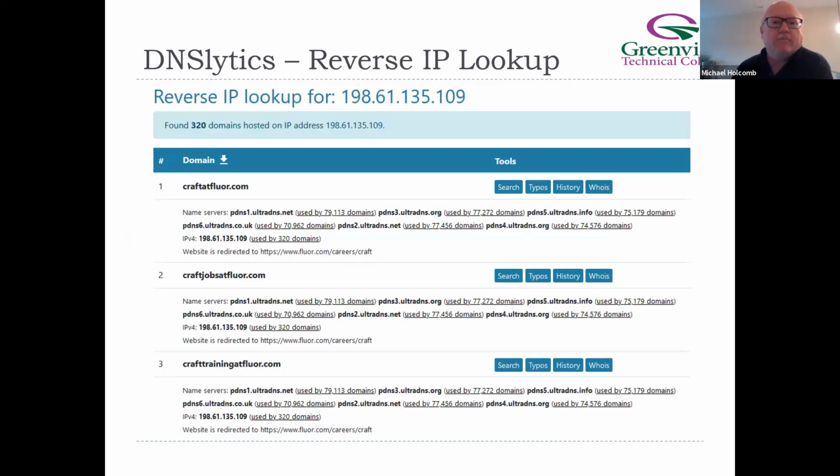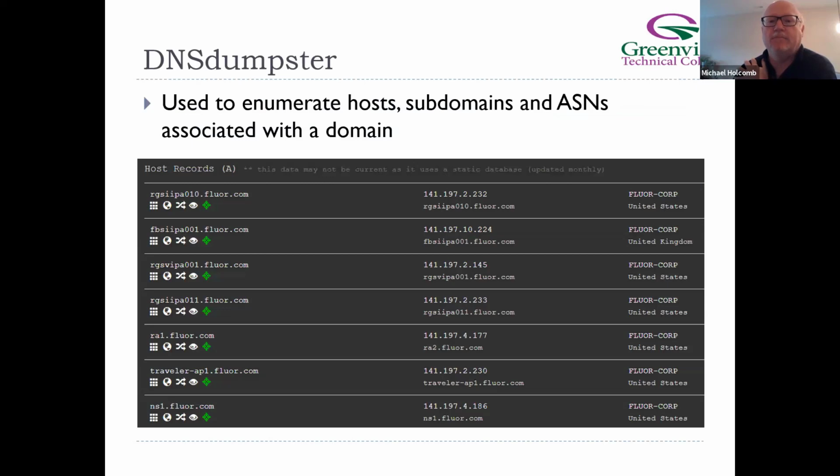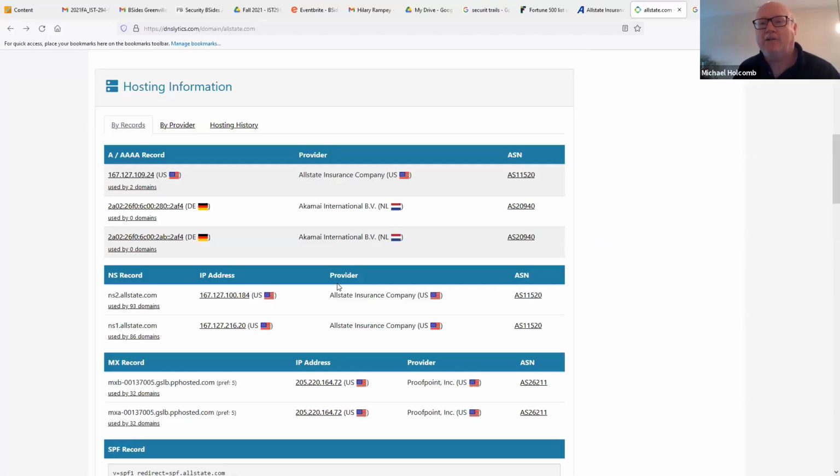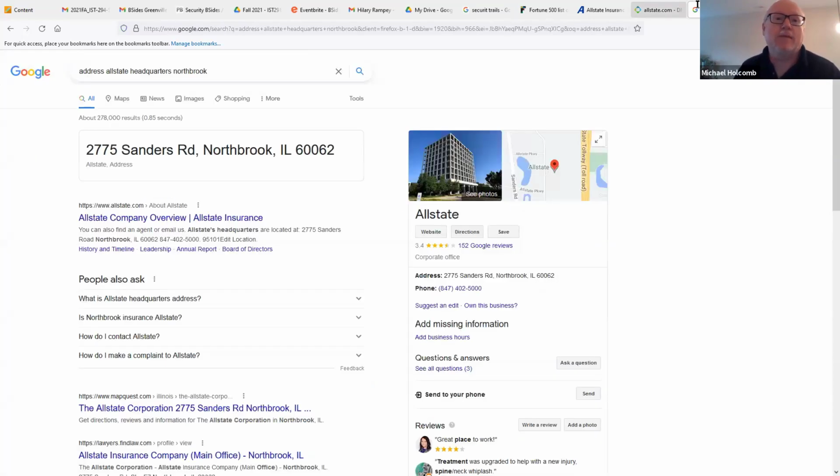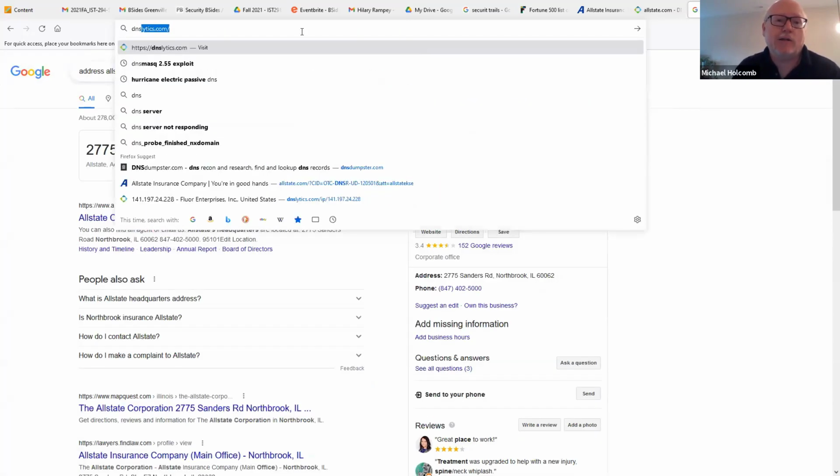So we talked about reverse IP lookups, right, where it found other domains. Here's the example for Floor where we might have 50 domains on a single IP address, right? But now let's look at another favorite tool, DNS Dumpster. I didn't come across this till, I don't know, probably 2.5 years ago, and I couldn't believe I hadn't heard about it before then. It's actually created by the folks at Hacker Target,